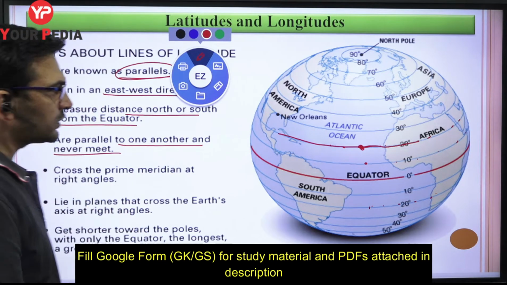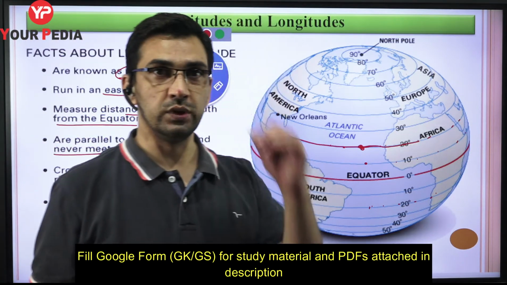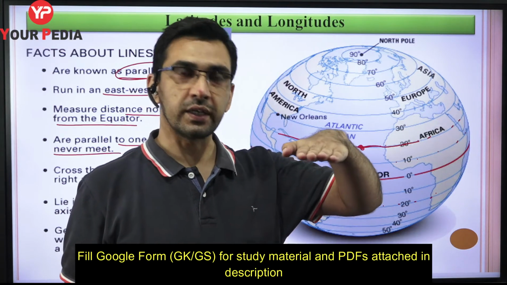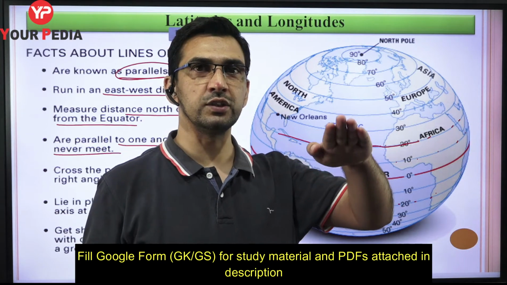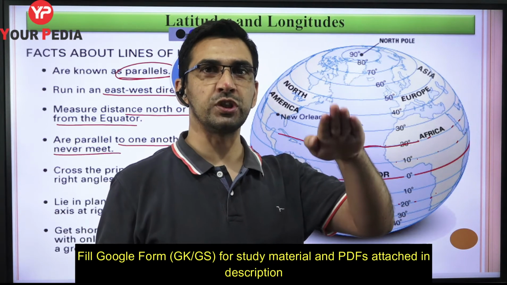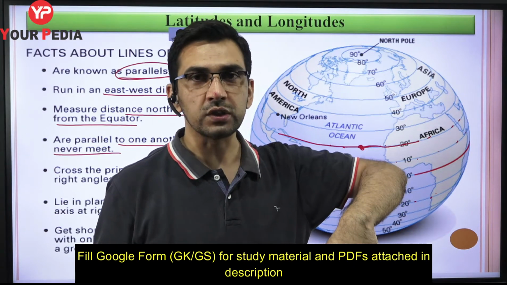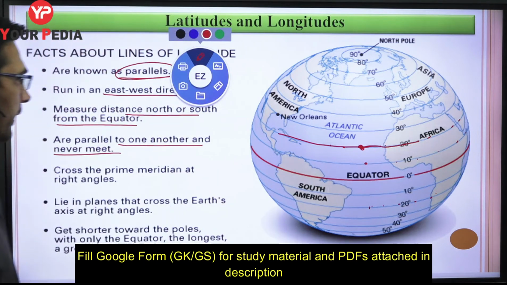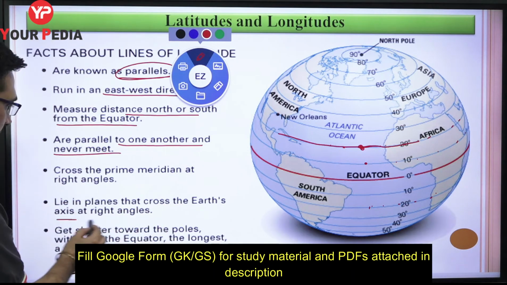And if I ask you, equator is located at what latitude? You will say it is 0 degree latitude, because the reference point is the latitude itself, so the angle is 0. The angle will go on increasing slowly, right? So latitudinal position will either go on increasing towards the north pole, or it is going to increase towards the south pole, right? But at equator it is going to be 0 degree latitude. Okay, lie in the planes that cross the earth's axis at right angles.